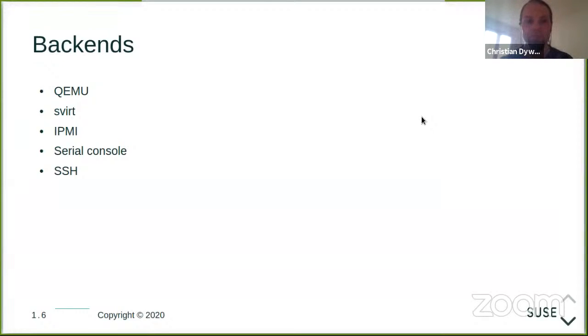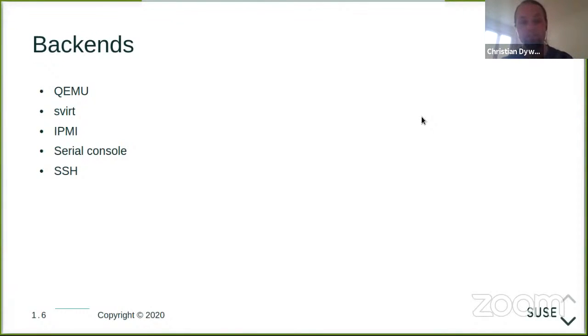So that could be something like OpenSUSE, or it could be SLE, which is SUSE Linux Enterprise. It could also be something completely different. It could be a Fedora image. It could be a Windows image. It could be Haiku. openQA pretty much does not mind what you're putting in there, because it's up to you to define what you're actually going to test there, so long as you make sure that you have the hardware capacity to run it.